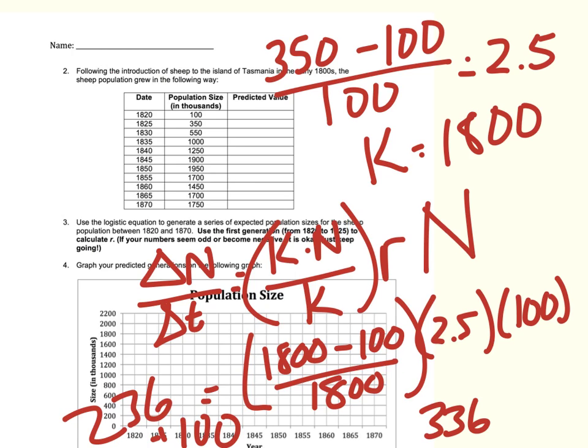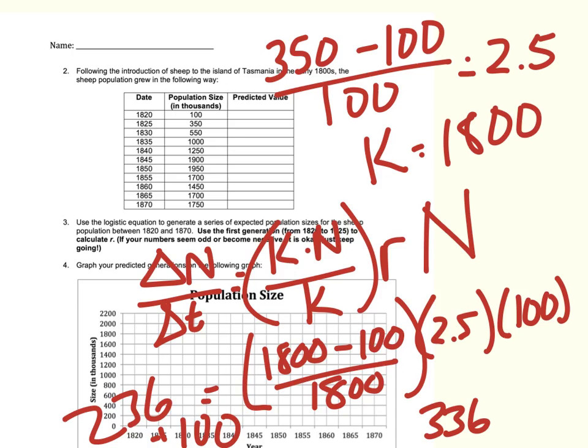But what's interesting about this problem is that the more times they do it, some of the generations they're going to end up with a negative number for the number of babies because they're going to overshoot their carrying capacity. Okay, and so it's okay. They can get a negative number. That means that they lose babies that time. And so you can see it kind of goes up and down. So specifically between 1835 and 1840, they're actually going to get a negative number and they're going to lose babies,